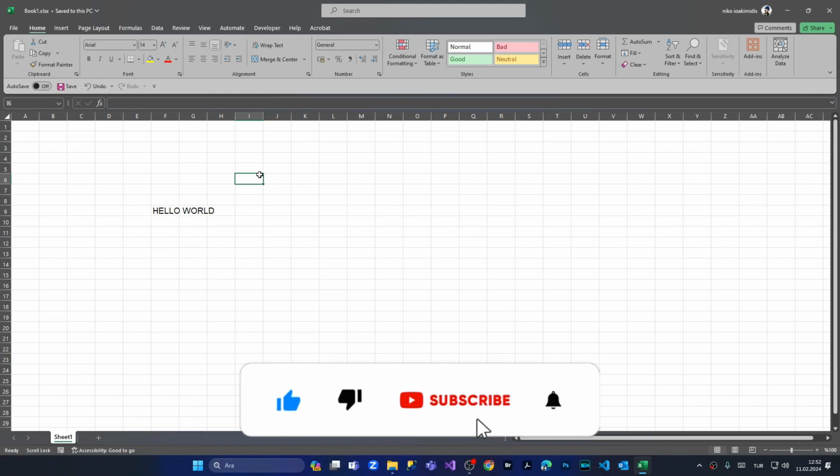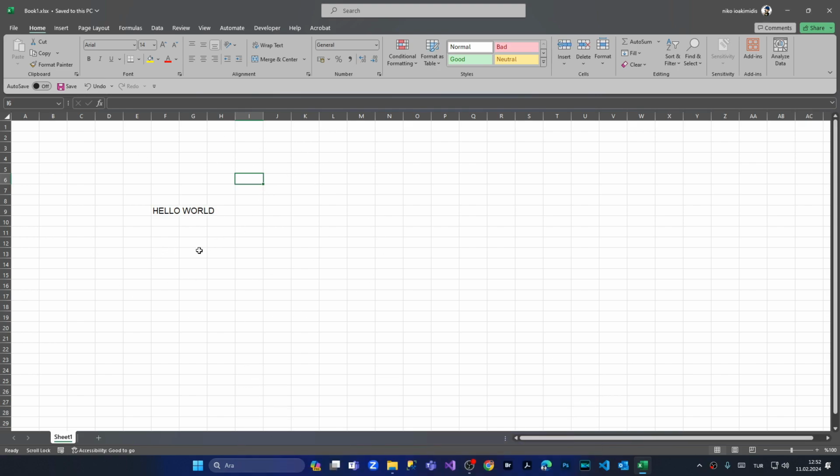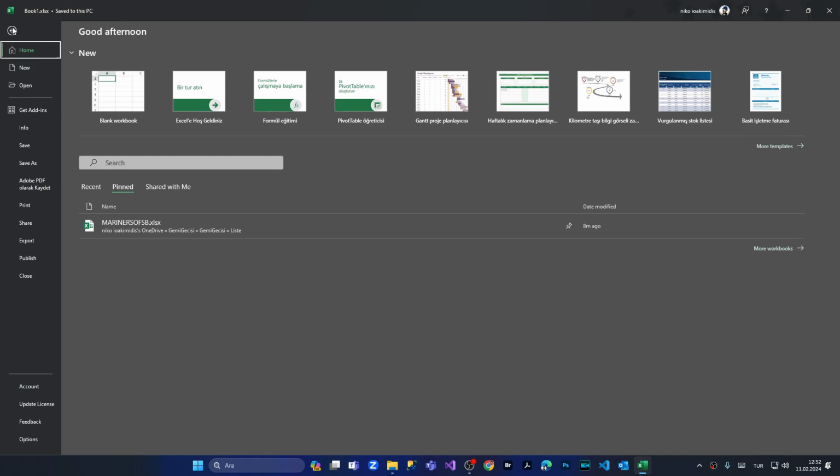In today's episode, I'm going to show you how to password encrypt your files in Excel. In order to do that, I have created here an Excel sheet in a very simple way, and I have written hello world. And in order to password encrypt your files, we are coming to the file section, and from the file section,